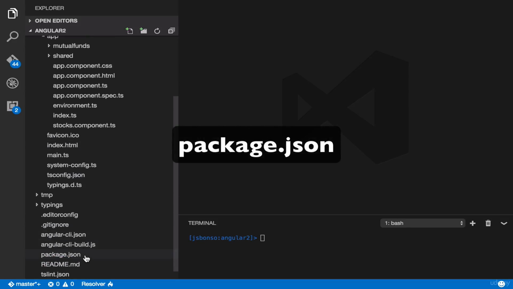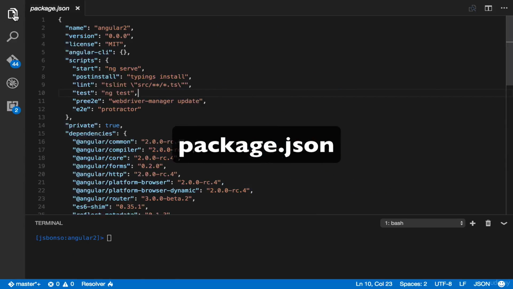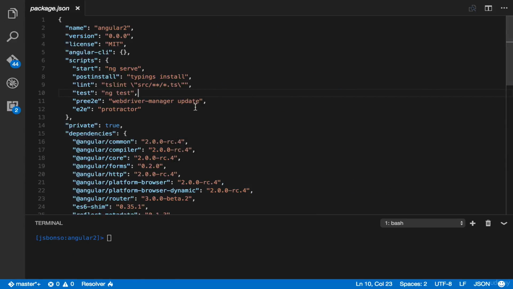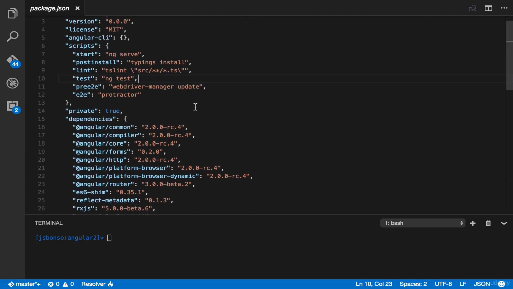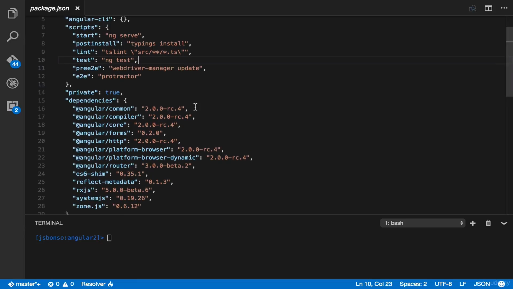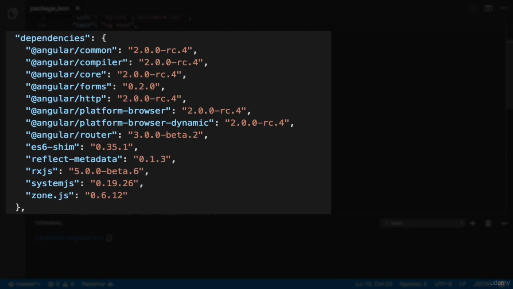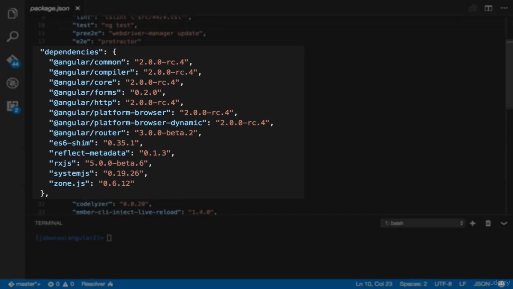package.json. In here, you will see the different versions of your Angular components, as well as your lint, test, E2E, and our dependencies. Look for dependencies, and as you can see, our Angular 2 version is currently at version 2.0.0 RC4, or Release